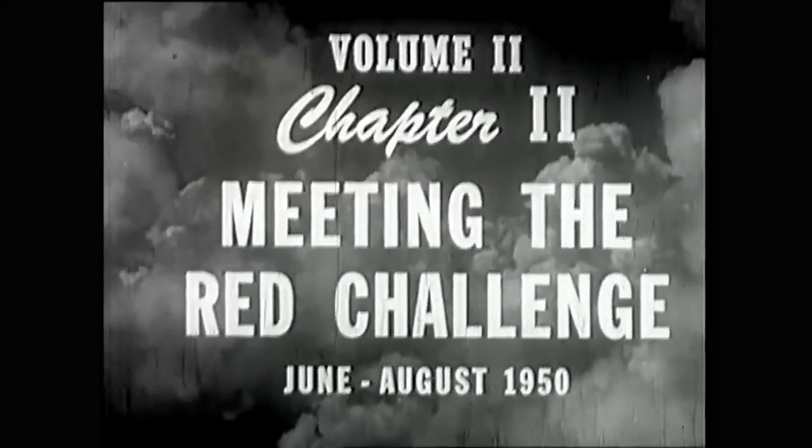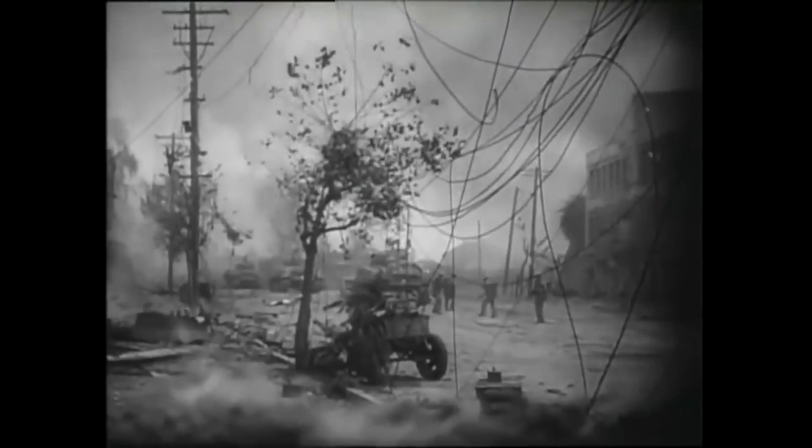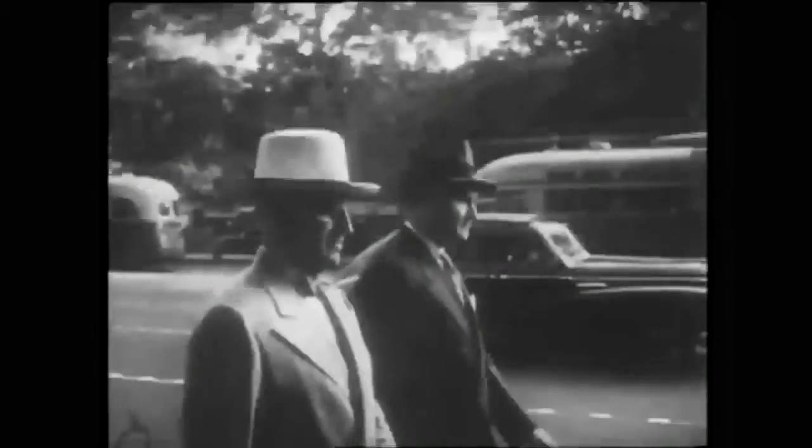In 1950, this problem came to a head. The United Nations sent an army to Korea under a single command to hold the aggressors at bay. Truman was petitioned by the Air Force of first the bombs and later